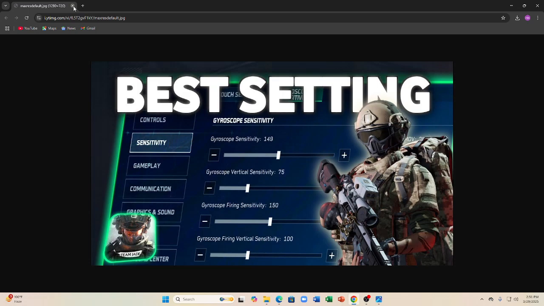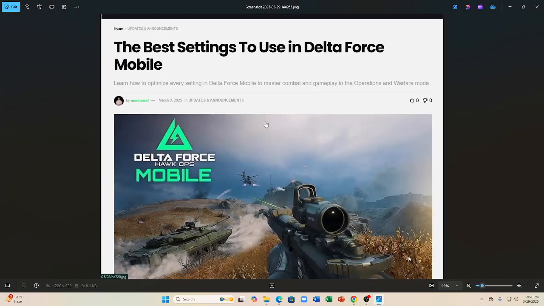In this video, I will guide you on how to set up Delta Force Mobile for the best performance. So let's get started. First of all, you have to set graphics quality to medium or high depending on your